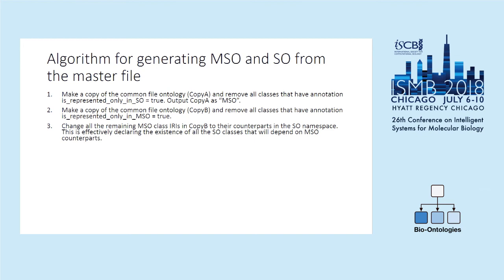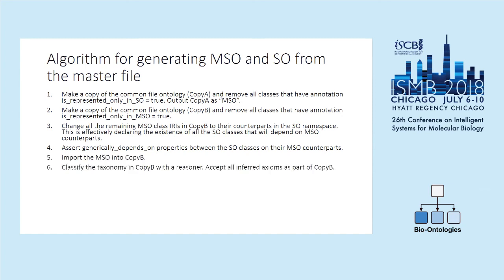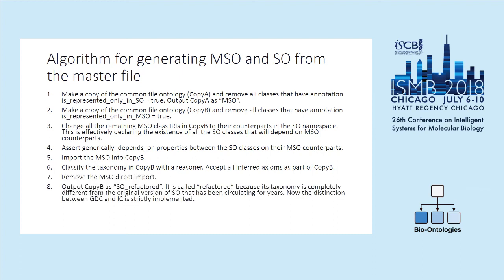Effectively, this declares the existence of all SO classes that are going to depend on the MSO counterparts. We then assert the generically depends on relation to all of them, import the MSO into copy B, do the classification that I mentioned, remove the MSO direct import, and then output this out as SO refactored. And we call it